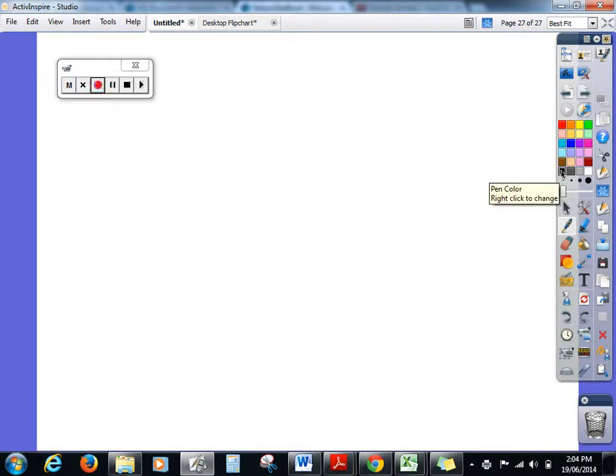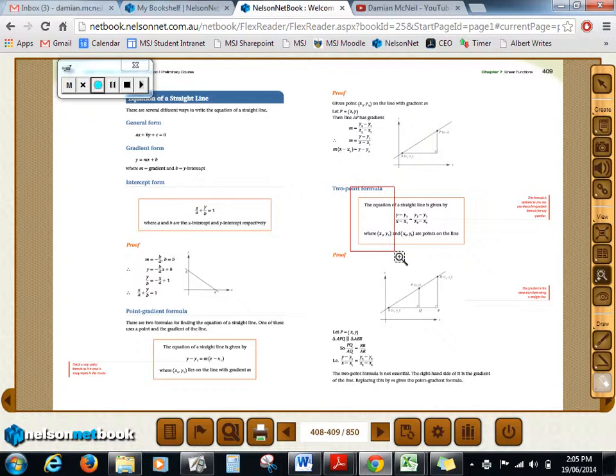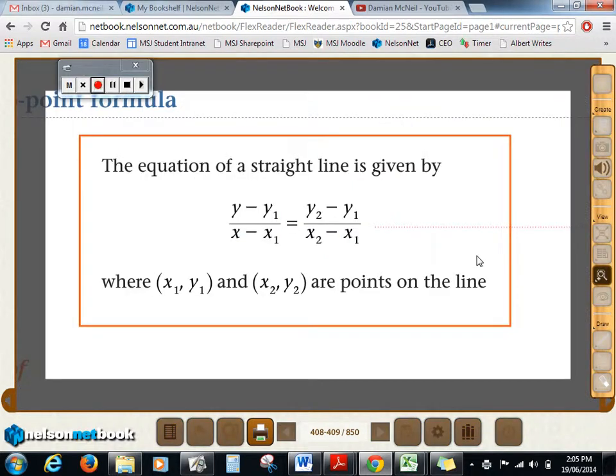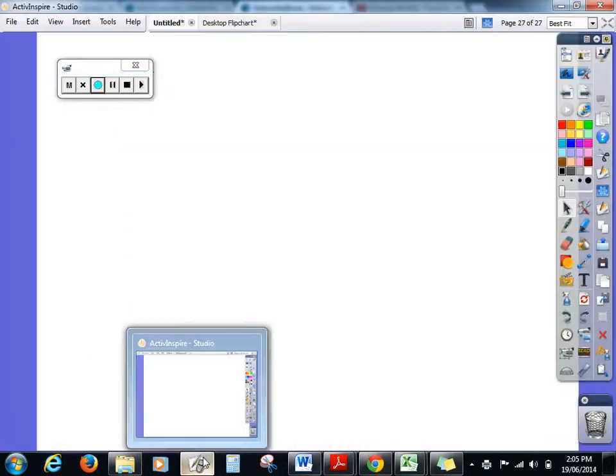Now, there is a 2-point formula, so going back and having a look at this one in the textbook. This is a 2-point formula, and as you can see, it's a lot of x's and y's and 1's and 2's, and it's often very confusing and very poorly done in an exam. So one of the ways to get around this is just don't use it. The best way of doing 2-point formula is to use the 2 points to find the gradient first. So going back and doing that,